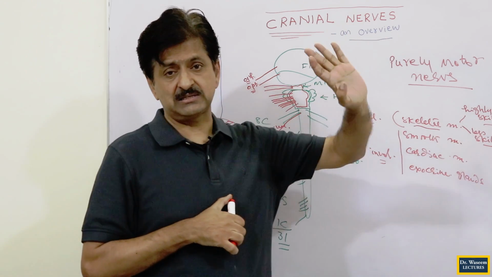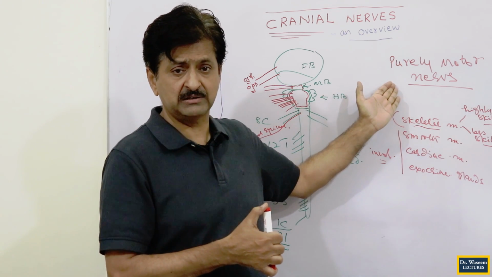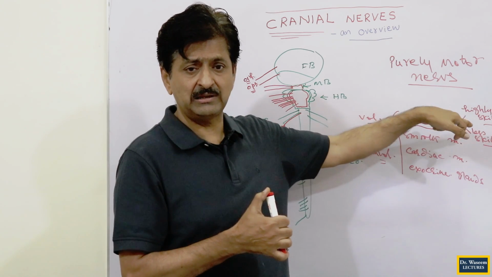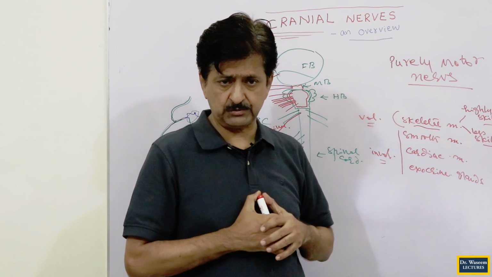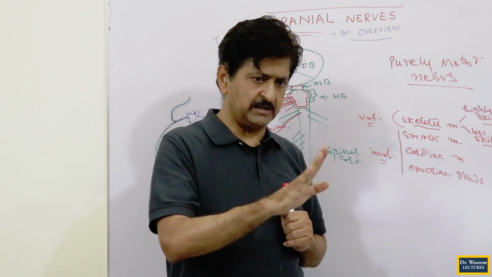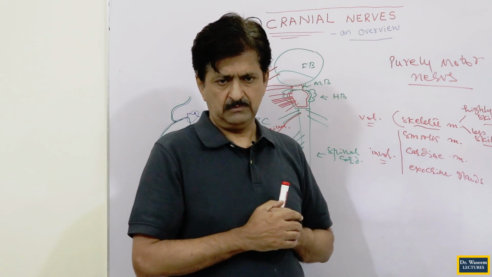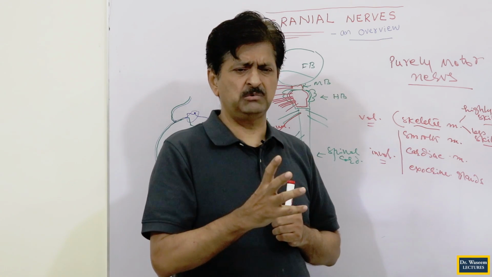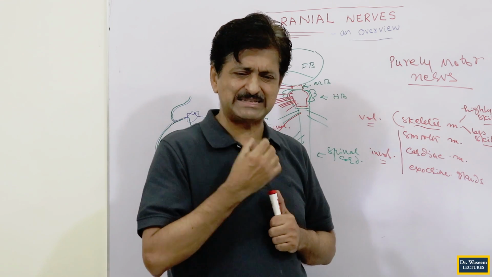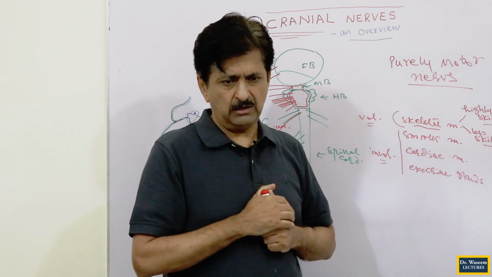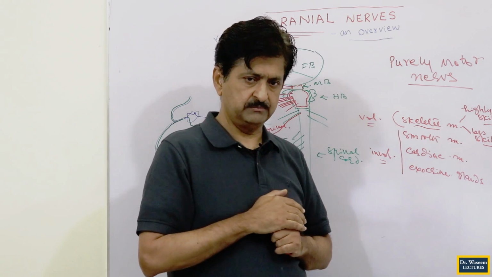As far as the highly skilled are concerned, focus on them, because the purely motor nerves have been designed to innervate the highly skilled muscles. Do we have less skilled also? Yes. These are muscles under our control, but they are not doing a highly skilled action. Less skilled action is monotonous action: you can open and close, stretch hardly, or just do adduction and abduction. This is under your control obviously.